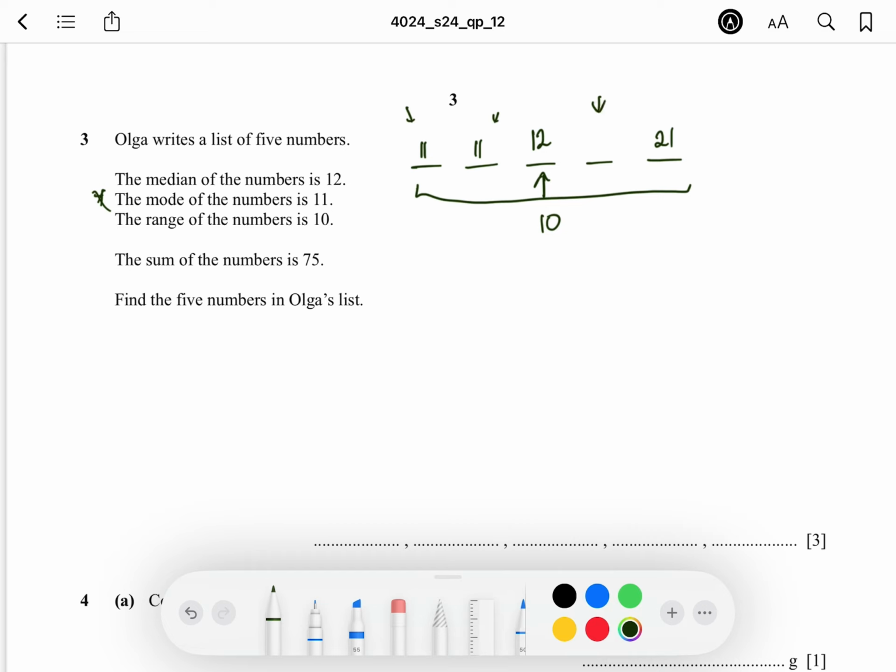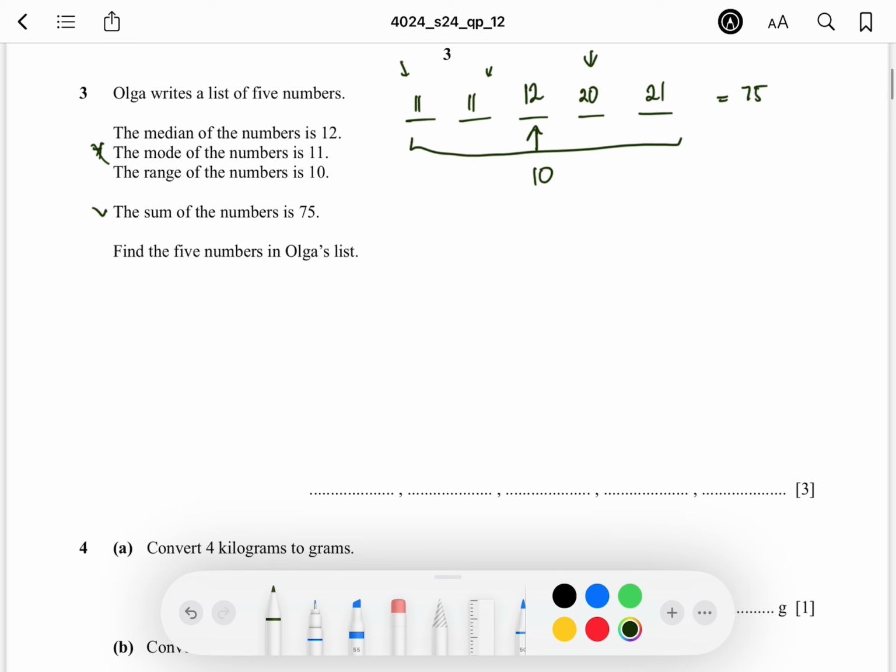Then what's the last number? How do you find the last number? It is from the final one given, the sum. So 11 plus 11 plus 12 plus this number plus 21 should equal 75. That means the only value here is,